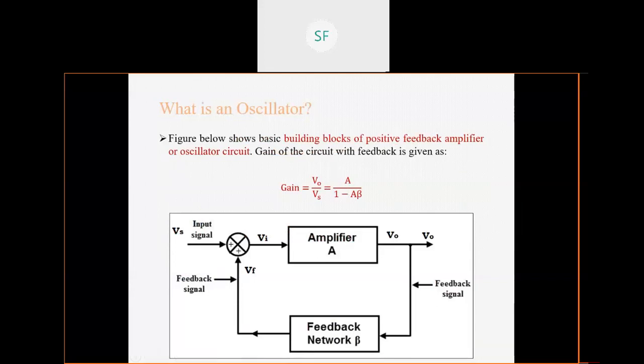Okay. Then few more points regarding oscillator, and this expression will tell you why there is no external input. Because we are maintaining the condition that A beta equals to 1. So what happens at A beta equal to 1? This denominator will become 0. Denominator is nothing but input signal. So that's why at this particular condition you do not require any input signal. So without any input signal you are getting oscillations at the output.